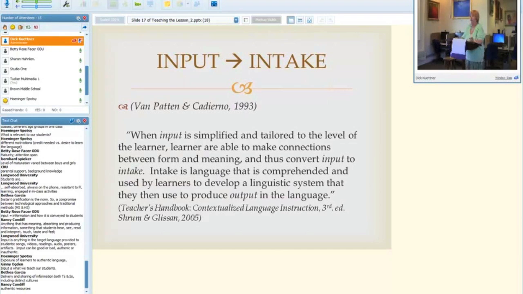When input is simplified and tailored to the level of the learner, learners are able to make connections between form and meaning and thus convert input to intake, where they process it. Intake is language that is comprehended and used by learners to develop a linguistic system that they then use to produce output in the language. And